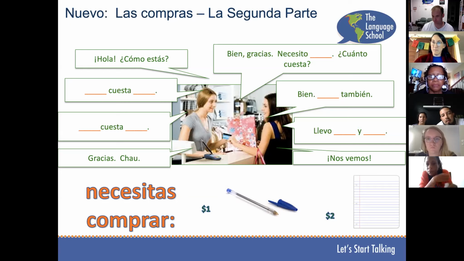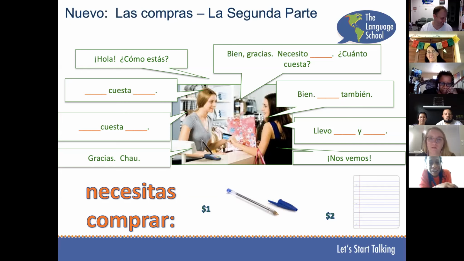El papel también. Bien, ¿cuánto cuesta el papel? Perdón. Necesito un paquete de papel también. I'm sorry. I just made you buy a packet of paper instead of just one piece. Oh, okay. I was like, then say...